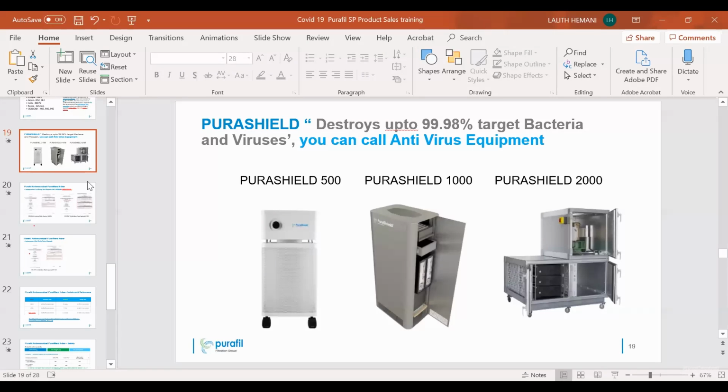For instance, in an educational institution, you have a lot of counseling and all these things happening, so there again this varies, the number of units of Pure Shield 1,000 or Pure Shield 2,000, whatever. You have to increase the number of equipments looking at the occupancy. And if you have any opportunity, you can write an email or call me. I will help you on that. Good question. Any other question?